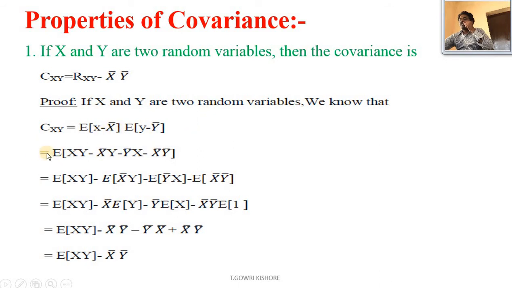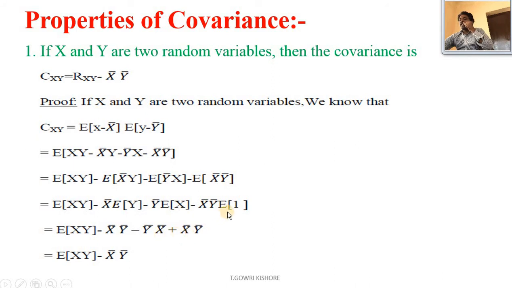So we will be solving expectation of (x minus x bar) into (y minus y bar), that is equal to expectation of x into y minus expectation of x bar into y minus expectation of y bar into x plus expectation of x bar into y bar. So that is equal to expectation of x into y minus x bar into expectation of y minus y bar into expectation of x plus x bar into y bar into expectation of 1. Here we are taking the constants outside. Therefore, expectation of y can be written as y bar and expectation of x can be written as x bar,